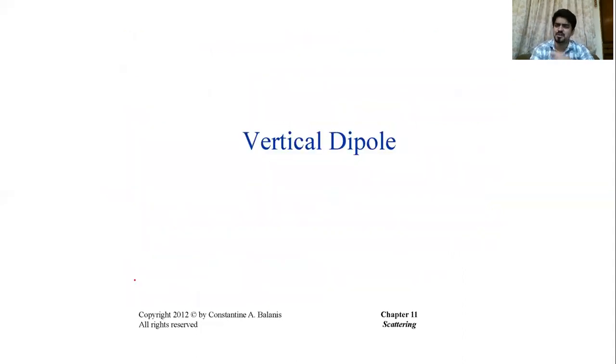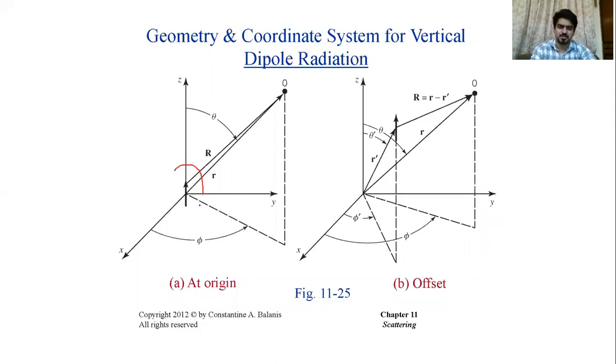So let's consider first of all the vertical dipole. This is the typical geometry which we consider, that our vertical dipole or any radiator, we usually place at the origin, right? When we have only a radiator and we are interested in the radiation pattern of that radiator. So in the first geometry, we have placed our vertical dipole along the z-axis at the origin. Now in the B figure, we have displaced that vertical dipole from the origin. Okay, that is, we have displaced it in the radial direction by r prime distance.